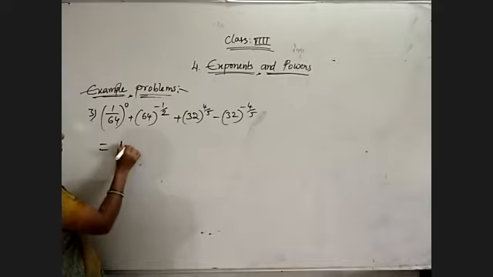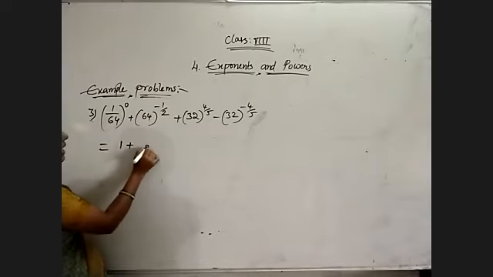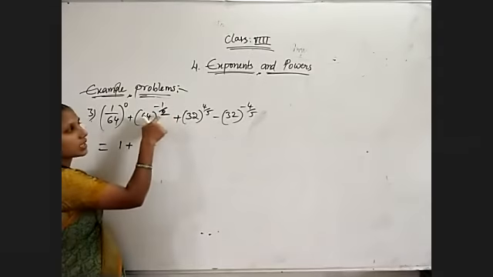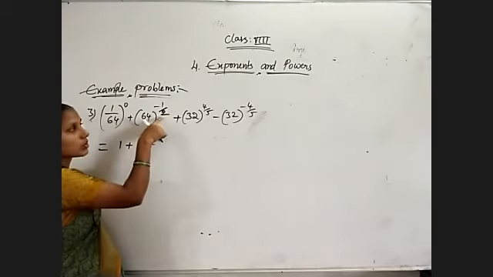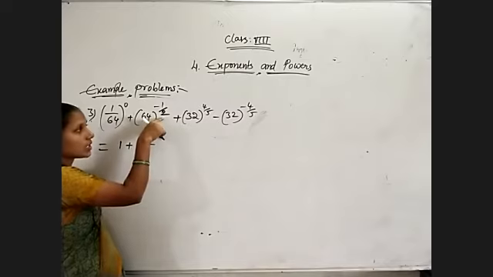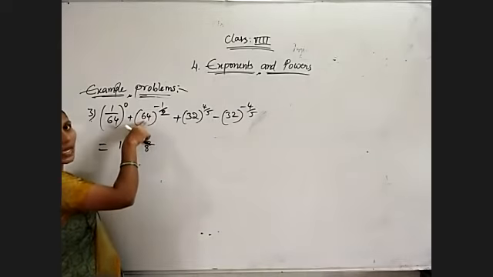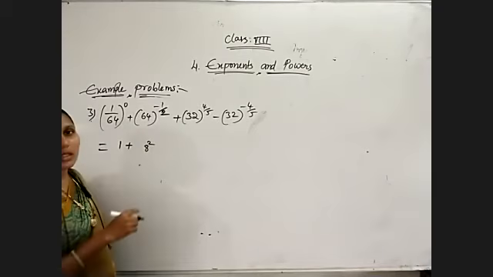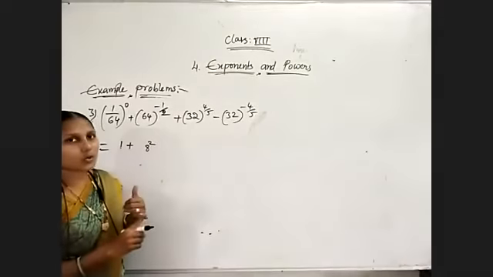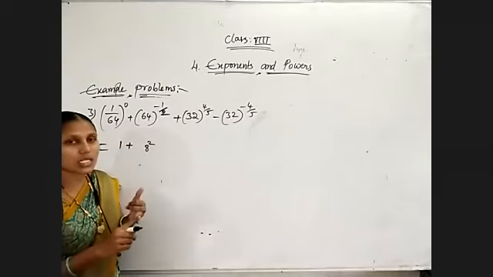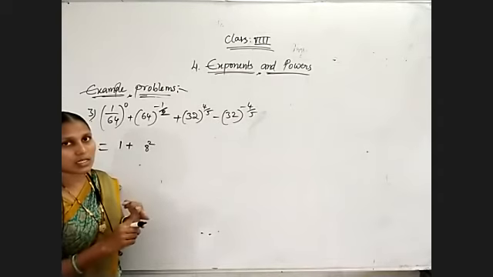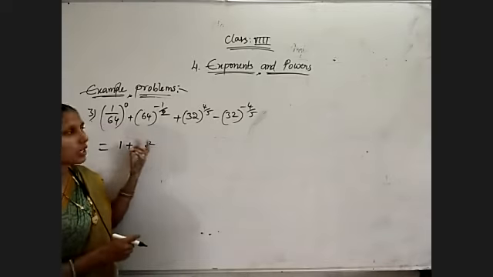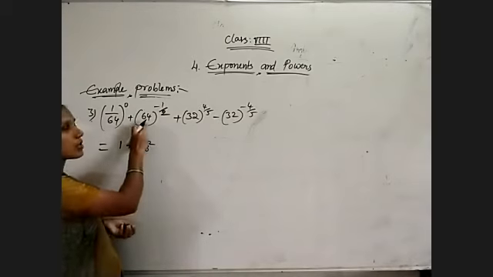So 1 plus, 64 I am writing as 8 square. Just observe here, I want to cancel this. In the denominator I have 2 now. So that 2 I need to remove. For that sake, 64 I am expressing as a square value. 64 square value is 8 square, 8 8s are 64. 2 2s are 4, so 2 square is 4. 3 square is 9. 4 square is 16. Like the square values you already studied in 7th class also. So many, 1 to 20 square values you know.